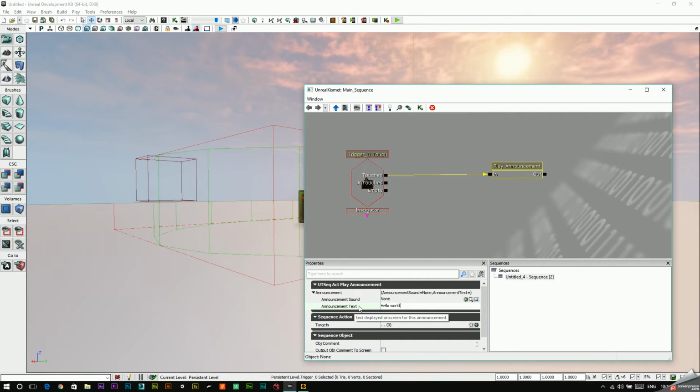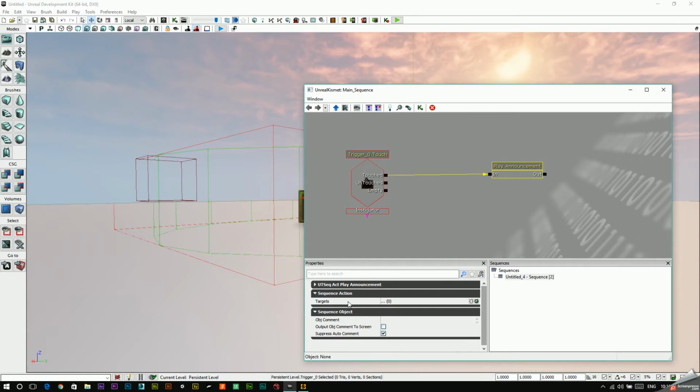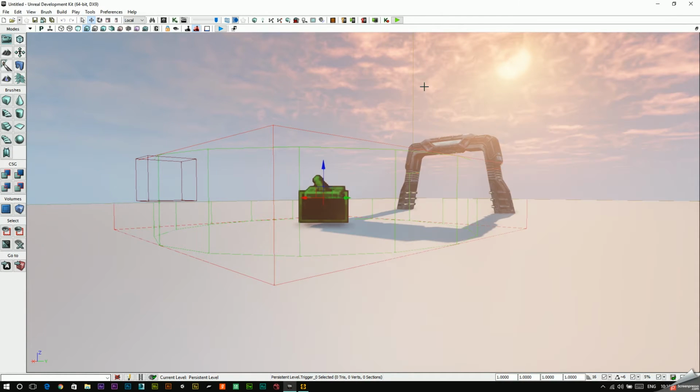Also, if you want to play sound instead of text, you can import your WAV or MP3 file over here in this dialog box, and that's it. If I now play this, okay, so when you have to do announcement, you will have to go